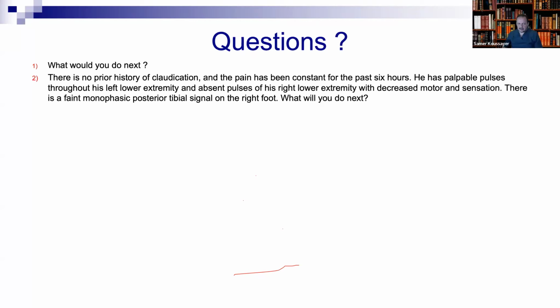Just a second. See, this is how the exam works: they're watching every word you say, and they're going to stop you on this one. That's the reason why, when you're in the exam, you must be careful with everything you say. You said I do a duplex ultrasound, correct? How is duplex ultrasound going to help you? What extra information do you get from it? There's nothing. There's no flow. You know it's occluded, so it's useless. It's a waste of time, especially in acute ischemia. Timing is important.